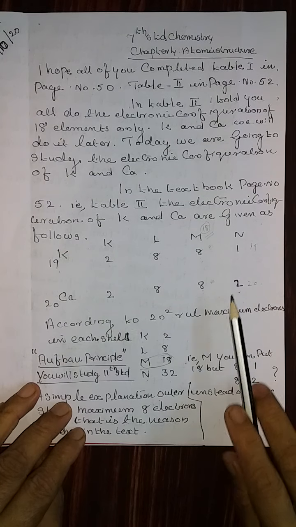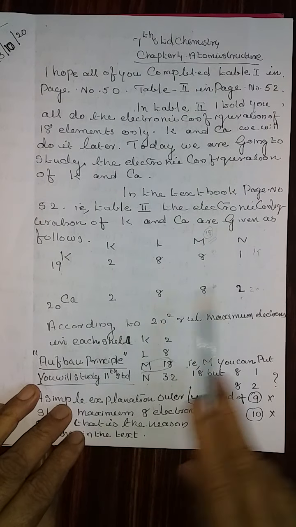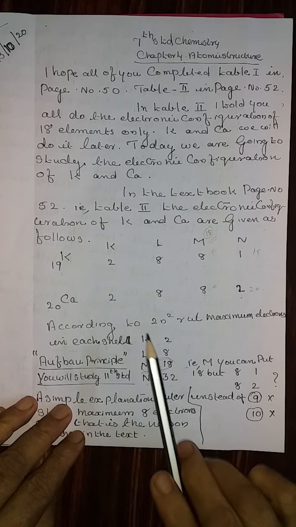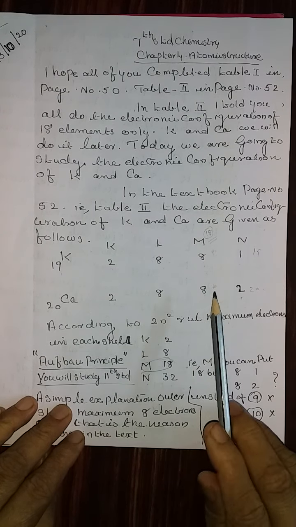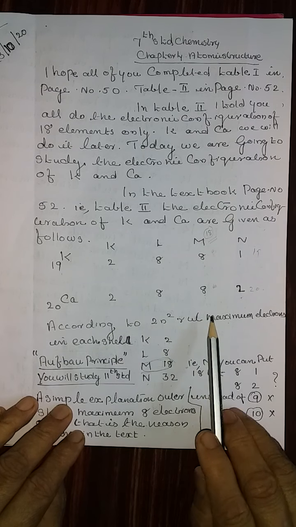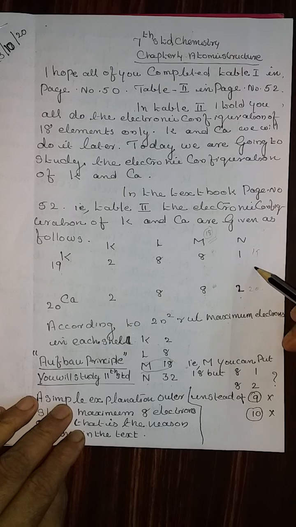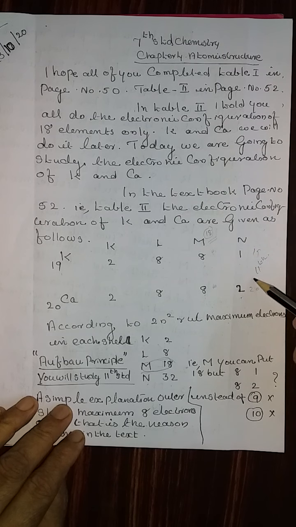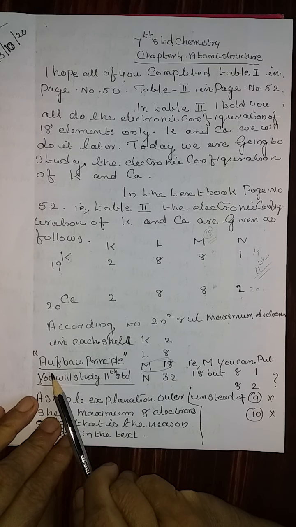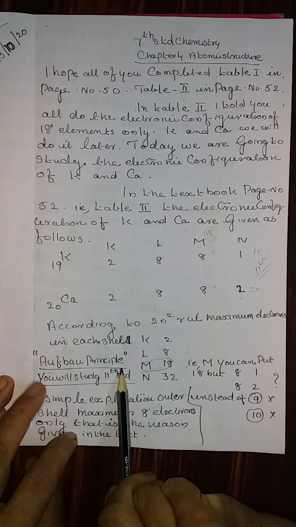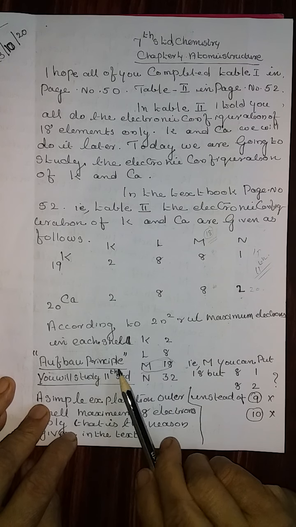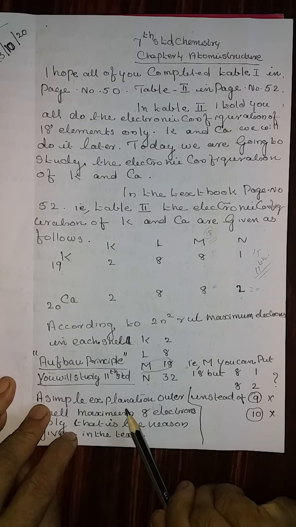That is why I told you there is no need, you don't do it now. The reason is that it can be explained only at a higher level. That means you are actually going to study this in 11th standard. There is a rule called the Aufbau rule. You just write this rule in your notebook. You don't have to go into details because you may not be able to understand at this level.